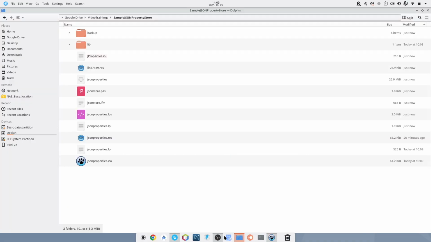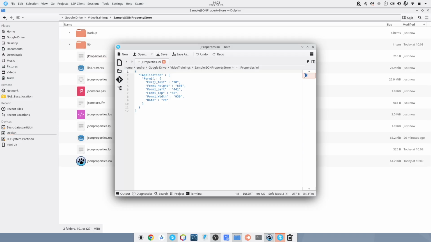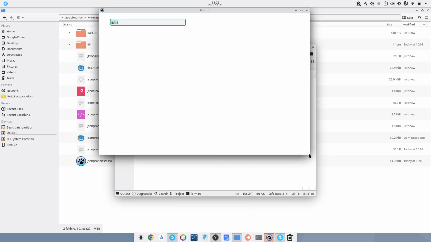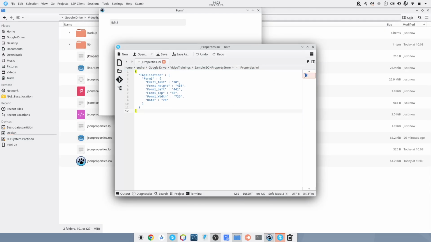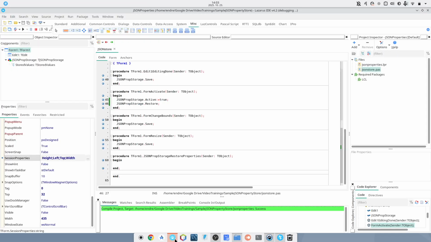However, it should still be here. Close the file. Yeah, so let's open it again. So as you can see, the last time the 20 was already saved because this was still part of the list inside the save function. But now if I'm changing the size of the form and reload it, this will not change anymore. However, I of course have the possibility to save it in a way that